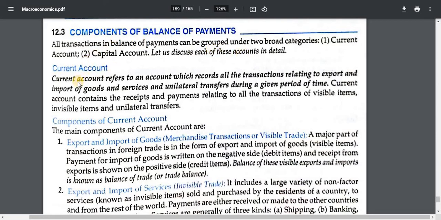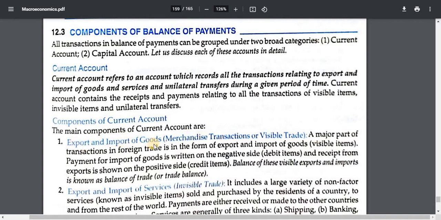Current account. Current account refers to an account which records all the transactions relating to exports and imports of goods and services and unilateral transfers during a given period of time. Current account contains the receipts and the payments relating to all transactions of visible items, invisible items and unilateral transfers. Components of current account: the main components of current account are: